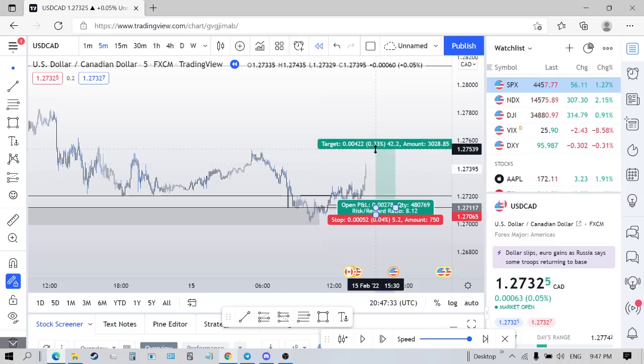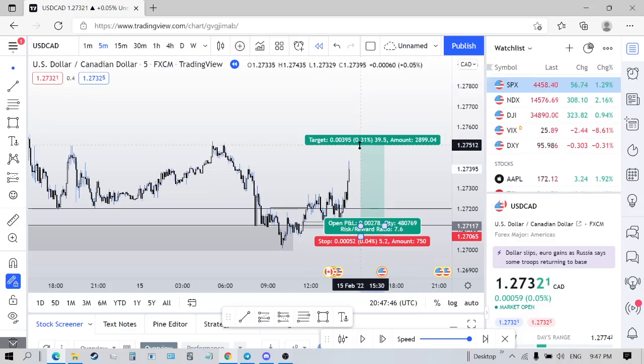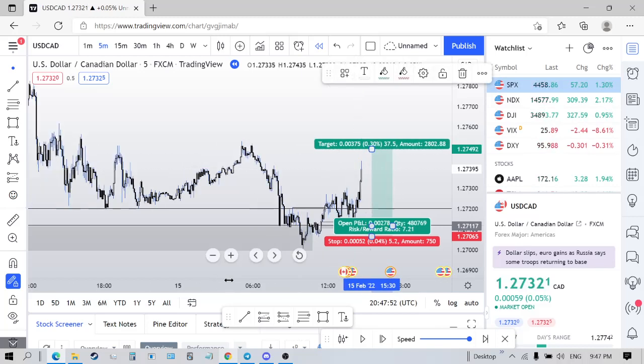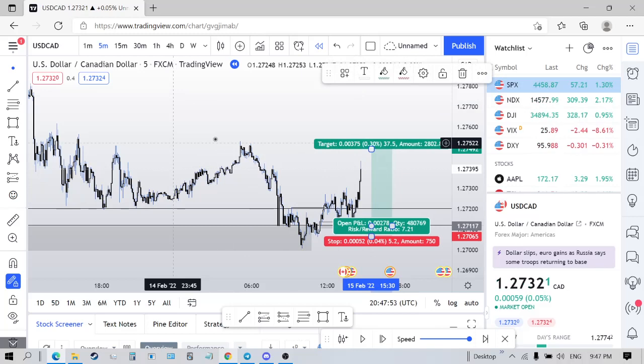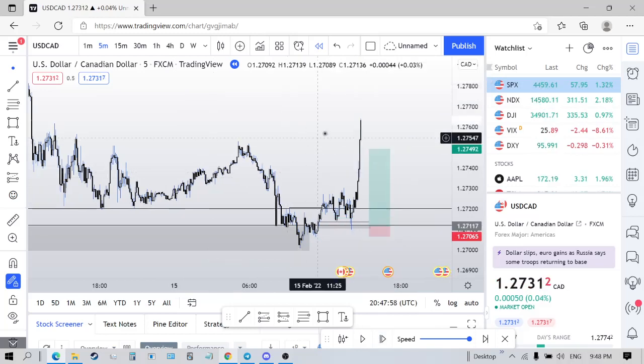Now, I didn't do my position size calculation, right? So this was a 1 to 5, but I only got like a 1 to 4 out of it. You know what I mean? I actually took partials up here. I'm tripping. Just to get at least a 1 to 4 out of this, because I didn't do my position size right. So I just aimed for this low hanging fruit right here instead. My fault. All right, so boom, just like that.